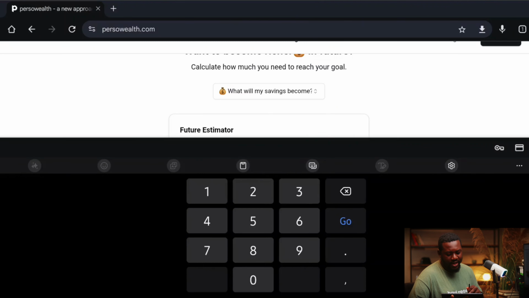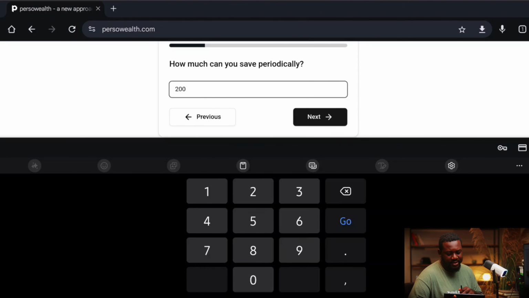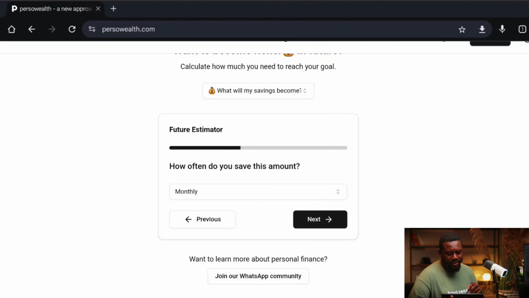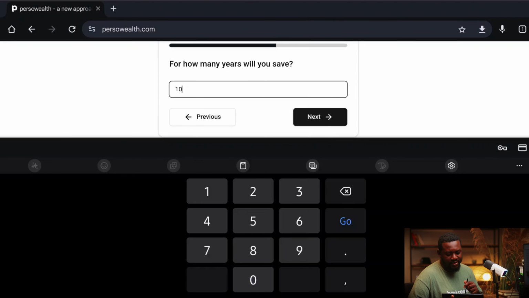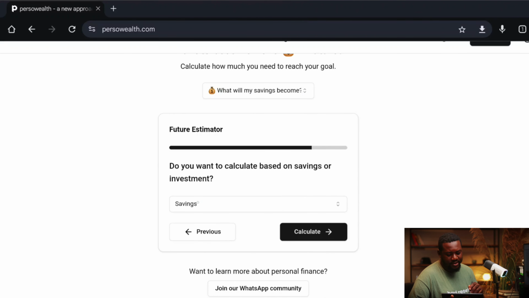So now we know that we can save 200 cedis every month, right? Now we want to save this monthly. Okay, now for how many years will you save? So over here, let's put in, for example, 10 years. Okay, and then click on next, and then here choose investment, then go on next, and then what annual return